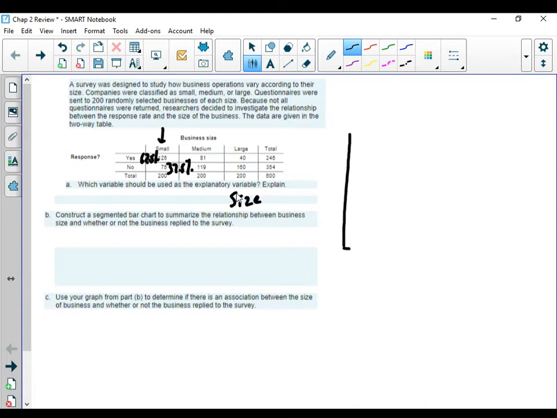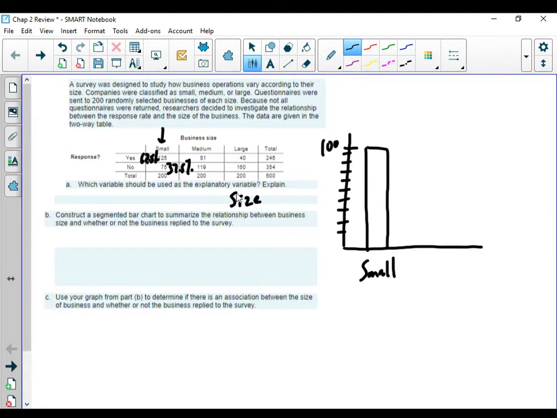And so when you make your segmented bar chart, you'll go up to 100 to create your entire bar here for the small class, small business. I'm going to go up to the 62.5, and you want to choose, say I went by 10s here, so 10, 20, 30, 40, 50. So we'd be looking at about right in here for the yeses. And we'd want to designate that somehow, maybe with stripes or coloring it in, something like that. And you do that for all the different sizes, but don't forget,